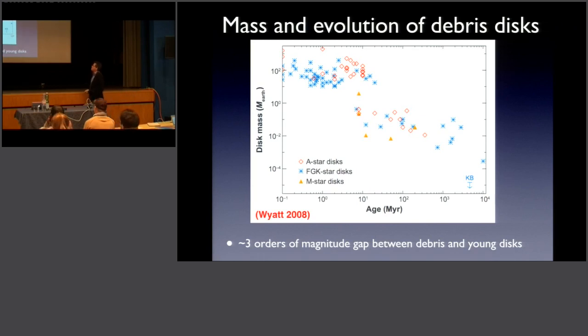One reason might be that we are not yet sensitive enough to detect these debris disks in these young star-forming regions, because they are far away. And the other reason might be that the evolution is very fast, so the disk disappears, as we have been saying already yesterday. The disk disappears very quickly, and then you form this secondary disk